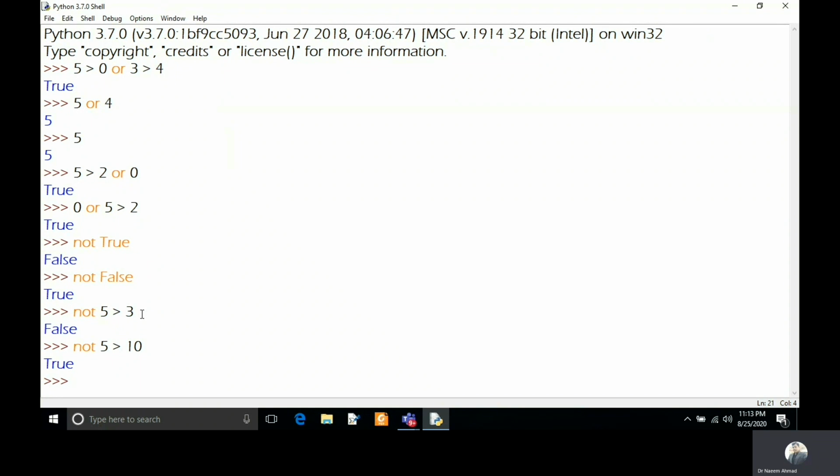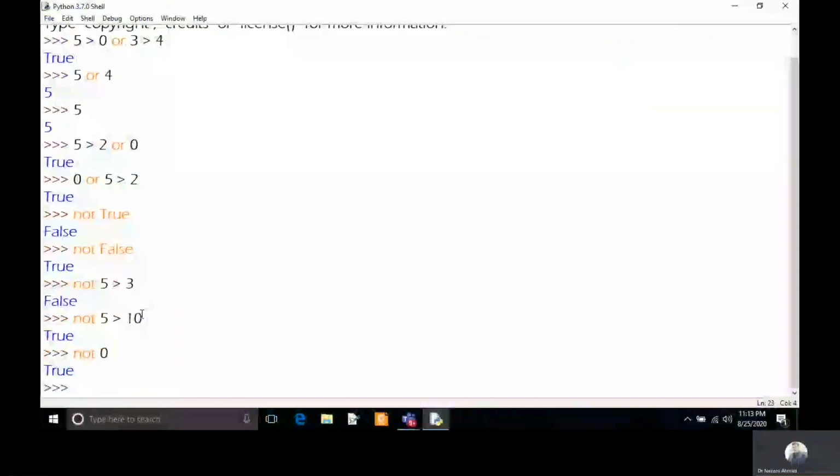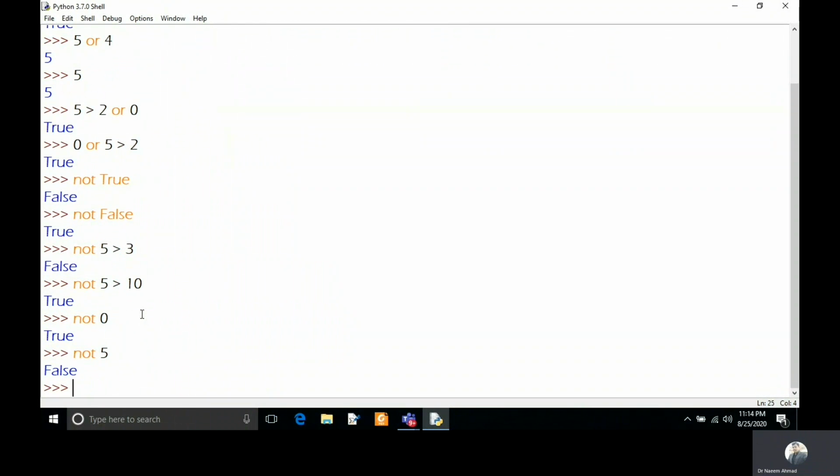As I told, all numerical values except 0 are true, and Python considers these numerical values true except 0. So if I keep NOT 0, it will return true, and if I keep any numerical value after NOT, like NOT 5, it will return false. So you can see here. So likewise we can use the logical NOT, logical AND, and logical OR operators.